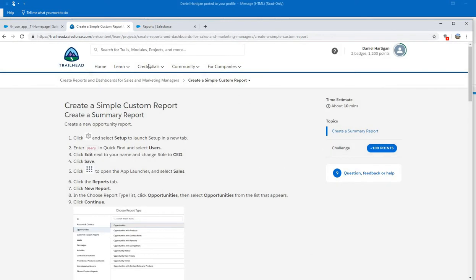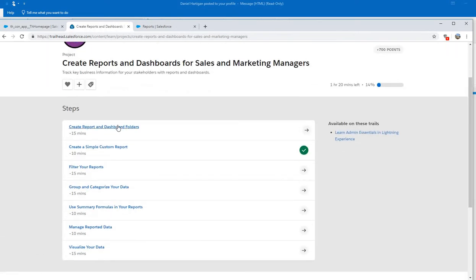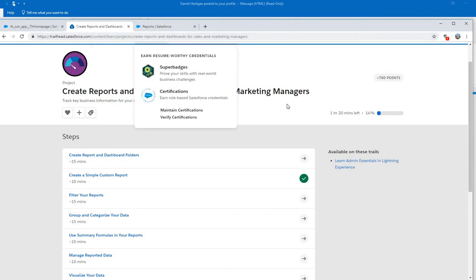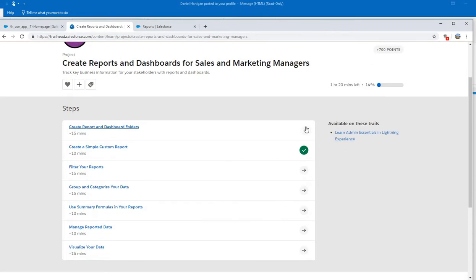So once you completed that one, what you'll do is you'd go back to the main Trailhead module. Remember, these are just subsections, and then you'd continue until you've completed all of them. And then once you complete all of them, then you earn another badge. And yeah, so that's completing the Trailhead, especially in that interactive environment, which is really handy to get that hands-on experience,